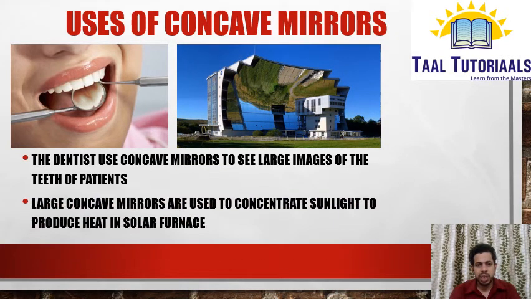One more thing is, this is a furnace, actually a solar furnace. The large concave mirrors are used to concentrate sunlight to produce heat in a solar furnace. So here if you observe, any rays which come parallel to the principal axis will pass through focus. So at the point where the focus is there, more amount of heat is generated. So all the rays are collected there. So here in this one, the building shape itself is made such that all the light rays will hit parallel to that and reflect back to the point called focus. So wherever they want the heat, that point they will make it as a focus and they can utilize that as a furnace.